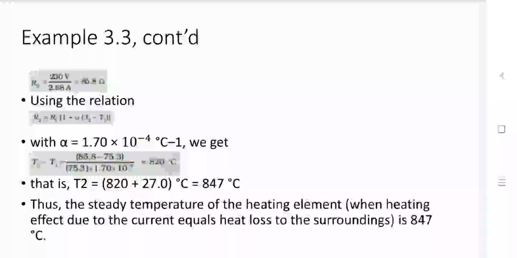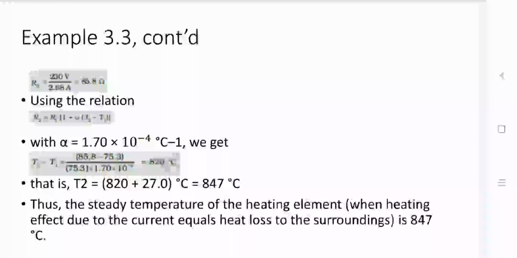Alpha is already given, 1.7 into 10 raised to minus 4 per degree Celsius. Making T2 minus T1 the subject of the formula, we have R2 minus R1 upon R1 alpha. R2 we have calculated as 85.8, and R1 is given as 75.3. Replacing these values, we have the temperature difference